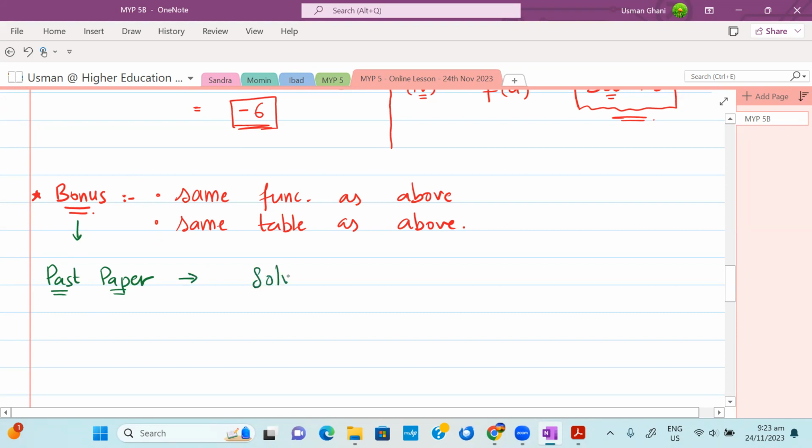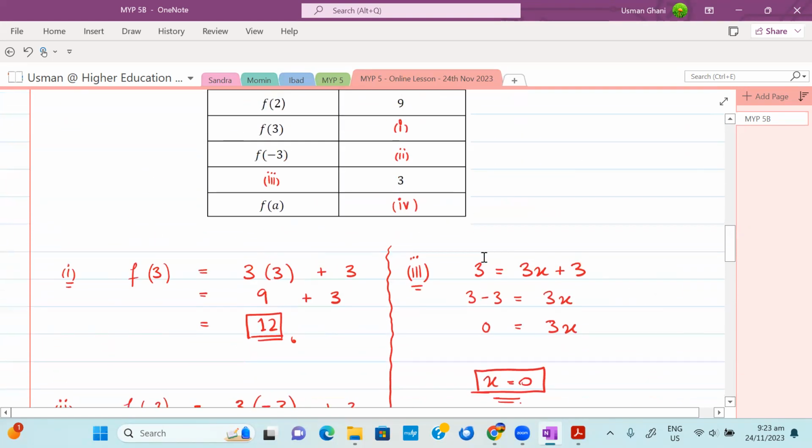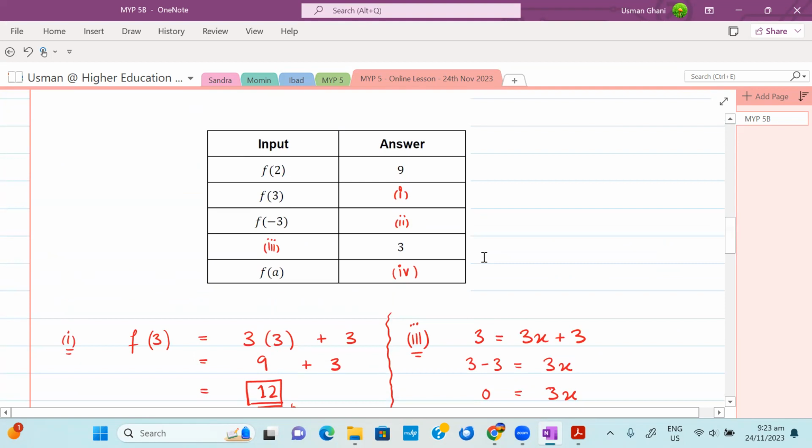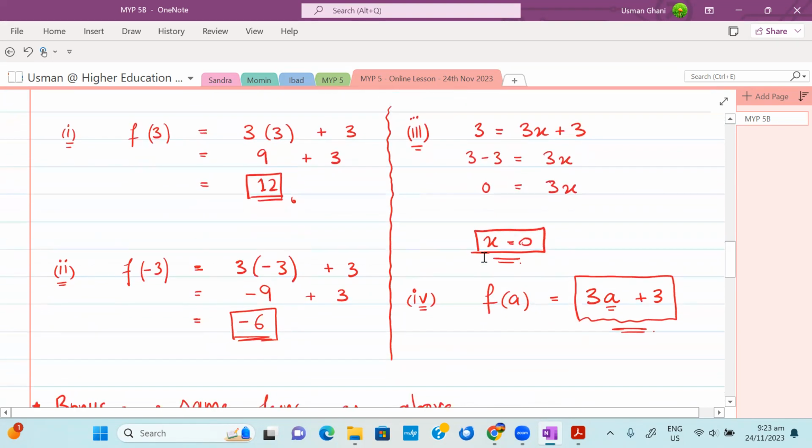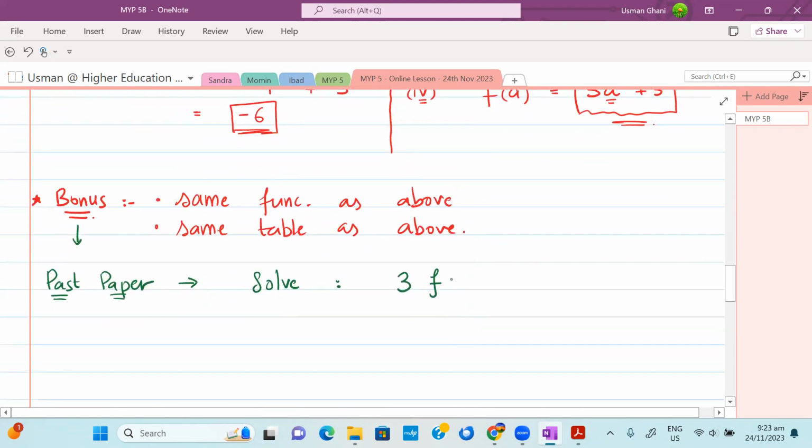Solve the following. Solve 3 multiply by, well, I should not really write the number multiply by, जिस तरह एग्जाम में आया था वैसे ही लिखता हूँ। 3 multiply by f of 2 कर देते हैं। f of 2 minus 4, इसको सॉल्व करो।